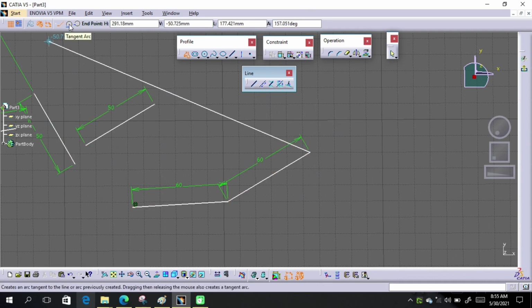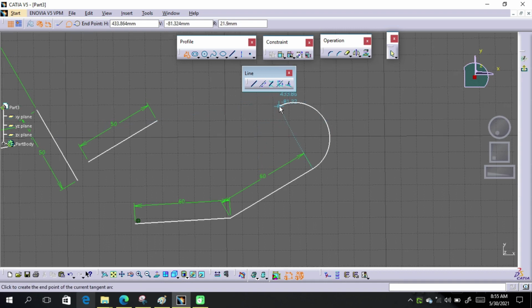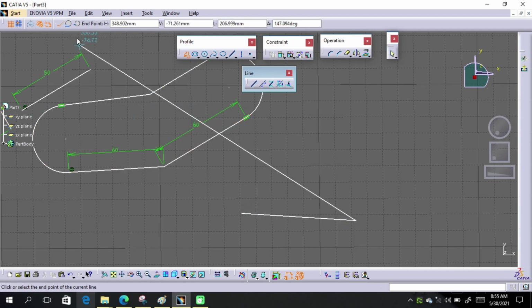Or you can create a tangent arc. This is tangent arc, and the tangent arc turns blue when this arc is a semicircle. And one option we have on this, like 3-point arc.